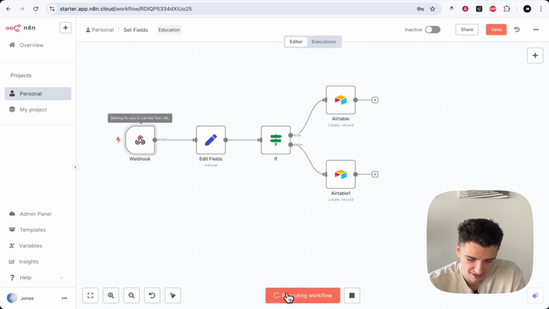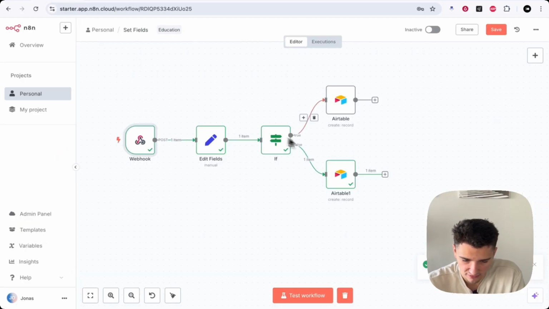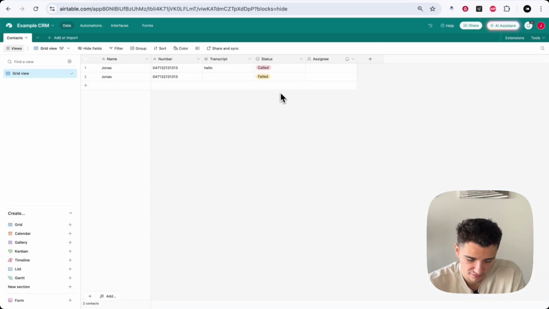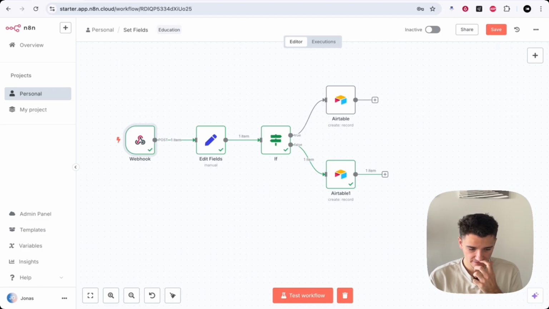Now if I test again, heading back over to Postman, deleting that, hitting send, you'll see it went down the false path and therefore created a record that was failed. Look at that. So now, in this second example, we have a scenario where we're receiving data to a webhook